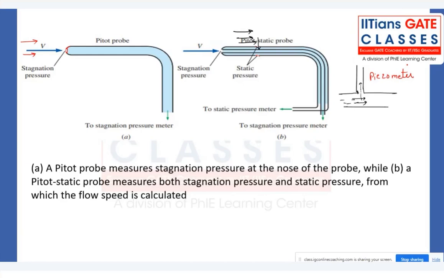Now again the question will be there, sir, how can we measure? By this we are measuring stagnation, by this we are measuring static. How can we take the difference to measure the dynamic pressure? Because we know that the dynamic pressure equals P stagnation pressure minus P static pressure,